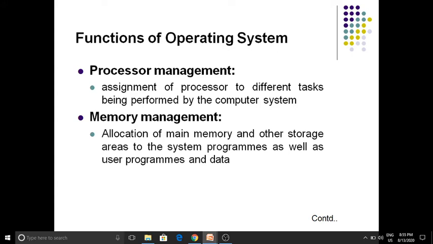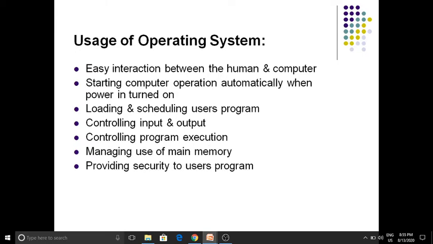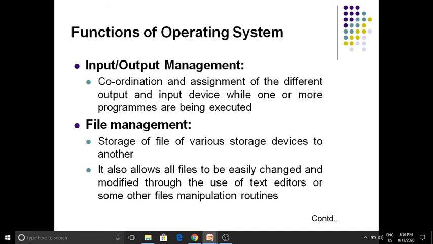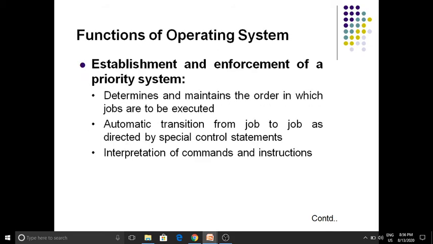So let us see what are the functions of the operating system. Uses we have seen, now we will see the functions. The first function is processor management, second is memory management, third is input output management, fourth is file management, fifth is establishment and enforcement of a priority system.